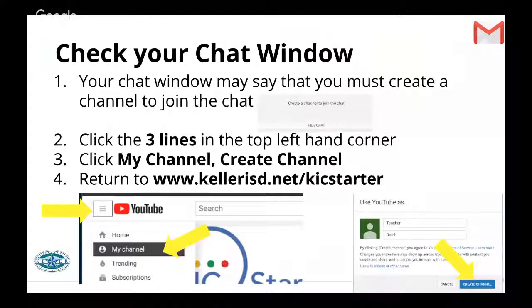Check your chat window. These quick and easy 4 steps, 4 clicks are going to help you be able to chat with us, because I want you to be able to submit questions if you have any questions for the team here. If you are asked to create a channel, you're going to click the 3 lines in the top left-hand corner. That's step number 2. You'll see that, and you see it there in the screenshot. Then you're going to click My Channel and then Create Channel. And that's it. It's like 3 simple clicks, and then you'll want to return back to the link that you started with